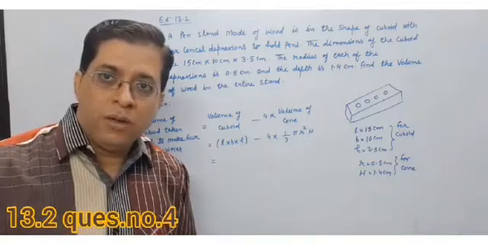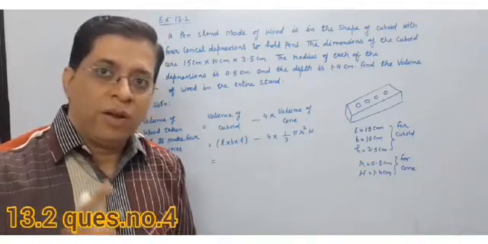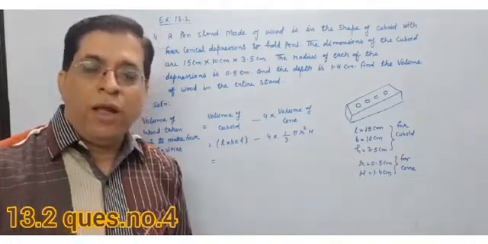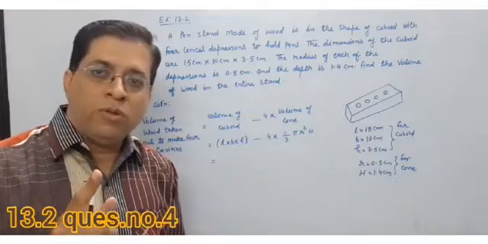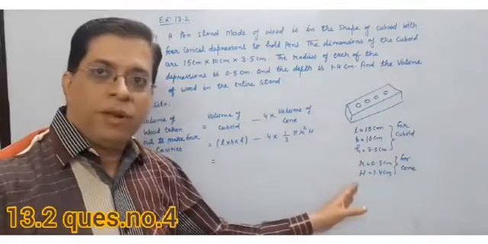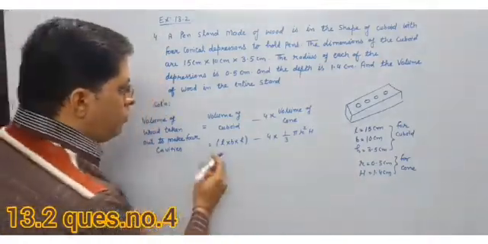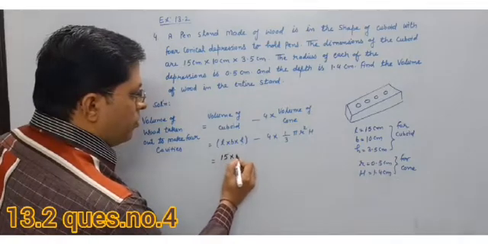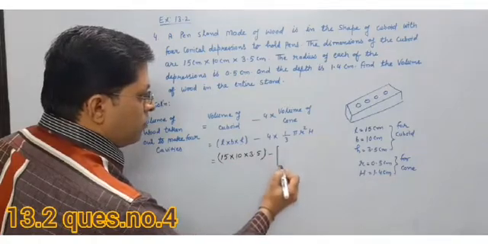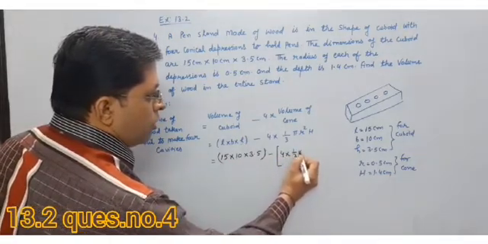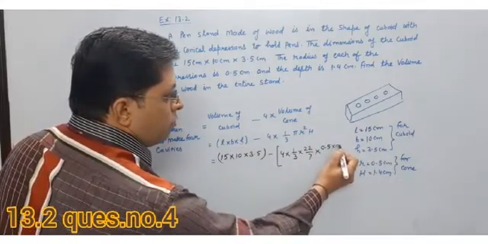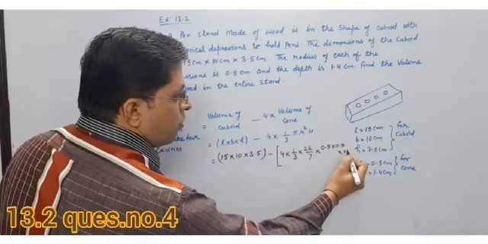Now the next question is, sir, what is the volume of cuboid? That you all know, volume of cuboid is L into B into H. And what is the volume of cone? 1 upon 3 pi r square h. Now this time the height of the cone is capital H. Now I am putting the values: 15 into 10 into 3.5 minus 4 into 1 upon 3, value of pi, into 0.5 into 0.5 and into h, which is 1.4.